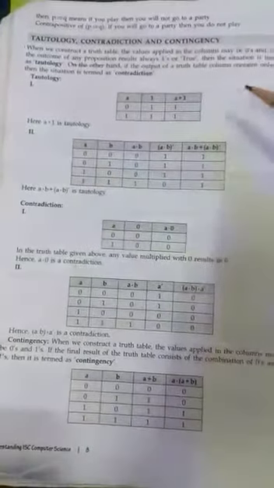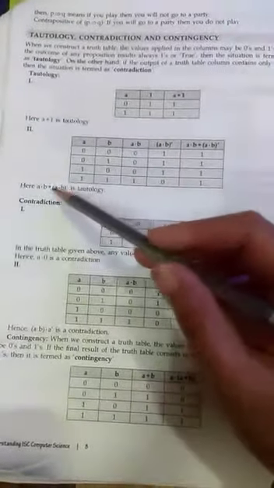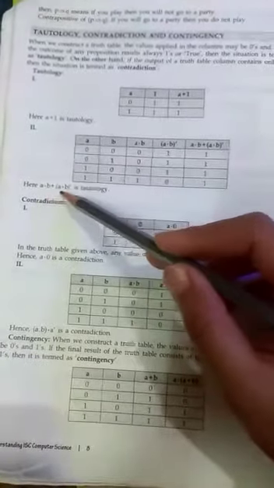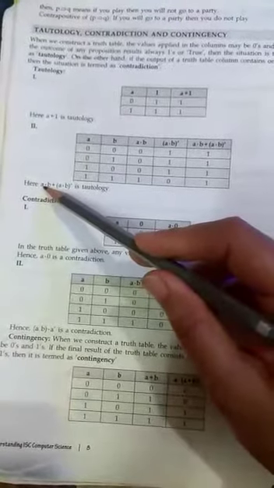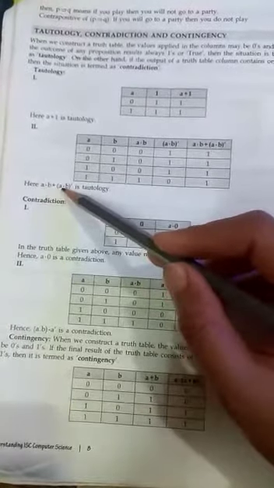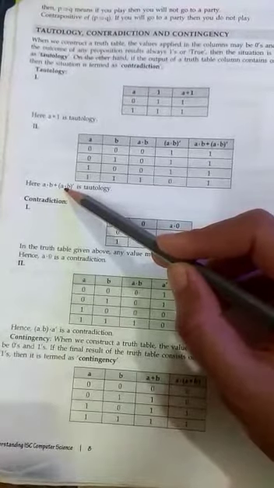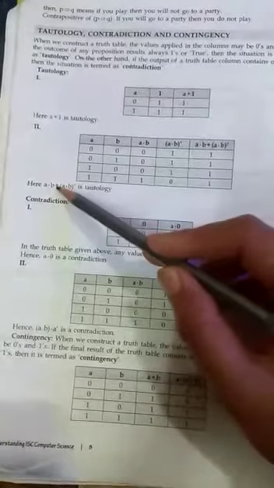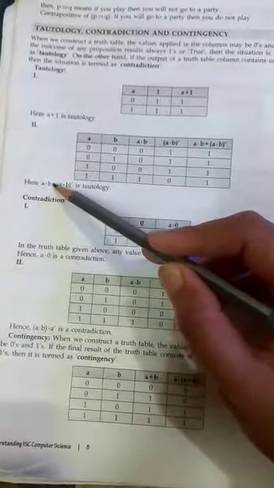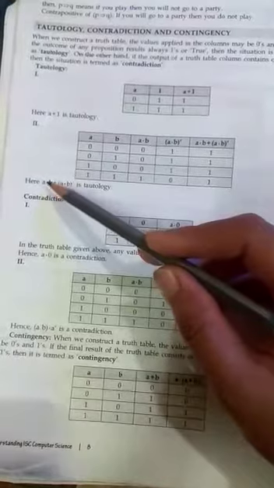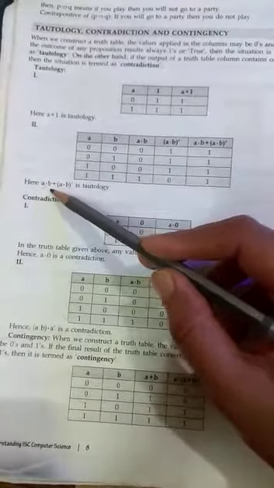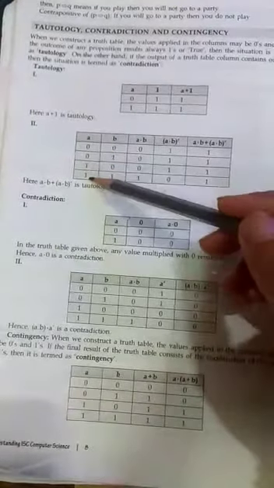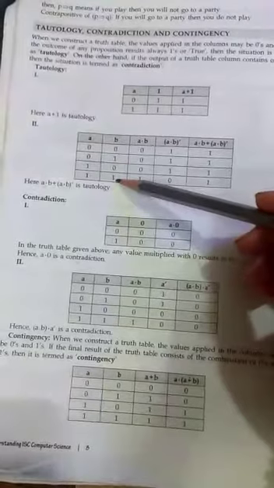Similarly, let us see one more example based on this. Here we have been given the expression A dot B, and this is the expression. So here the AND operation is there. After performing AND we have negated the statement, and both the statements are connected with the OR operation. So how many variables are there? First of all, we will see there are two variables, A and B. So we are taking in the first column A 0 0 1 1, then in the second column B we are taking 0 1 0 1.